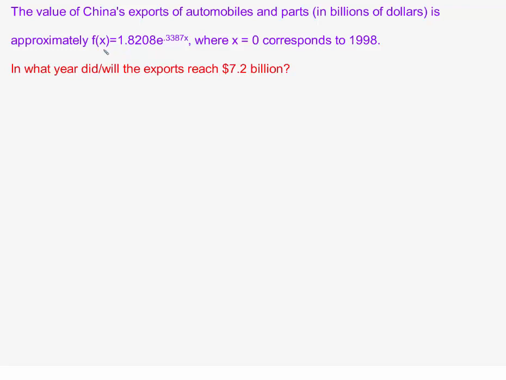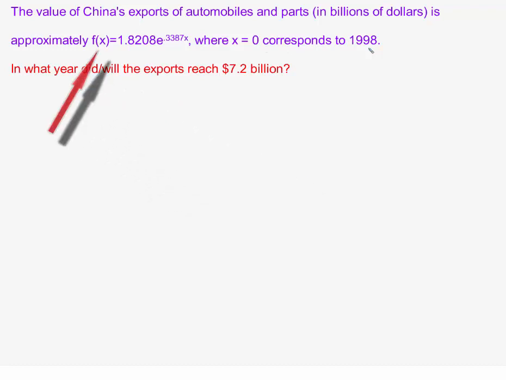In this problem, we're given an exponential function f where the input variable x represents time. In fact, x equals 0 corresponds to the year 1998. So for example, x equals 1 would be 1999, x equals 2 would be the year 2000. You get the idea. The output of the function f of x, according to the story, is given to be